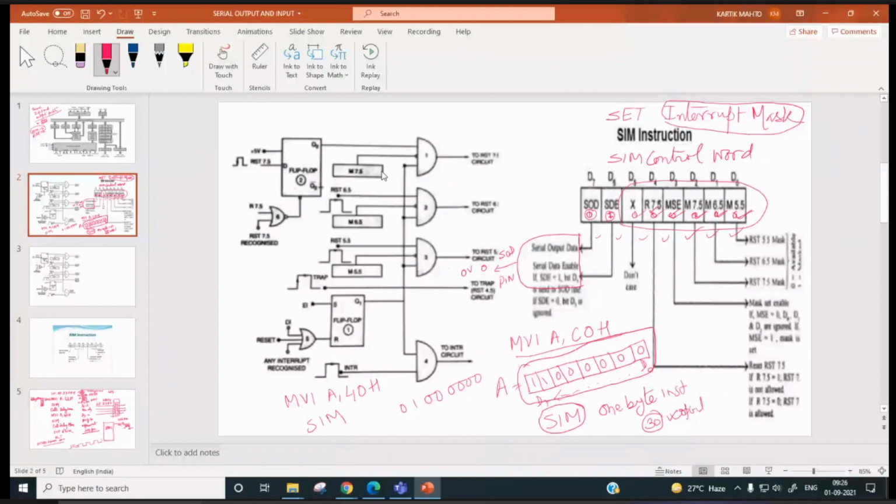Suppose we do not want to output anything, and if this SOE bit is not there, even though we will put 0 over here, in any case you have to put 0, no? So what will happen? If SDE is not there, this 0 will be outputted to the SOD pin, and this SOD pin may be used for controlling something, right? Now suppose here we are using the SOD pin for this purpose.